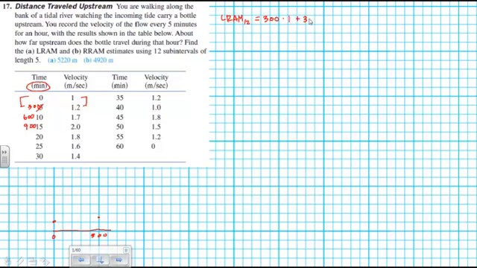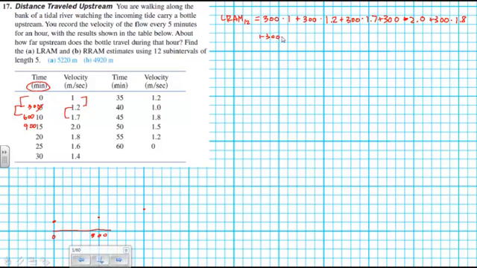In the next interval, we have a width of 300. That's the one that's going from 300 to 600. And the height that we're going to use is going to be the first of these two values, because 1.2 comes earlier before 1.7. So this will be 300 times 1.2. Next, 300 times 1.7, 300 times 2.0 plus 300 times 1.8